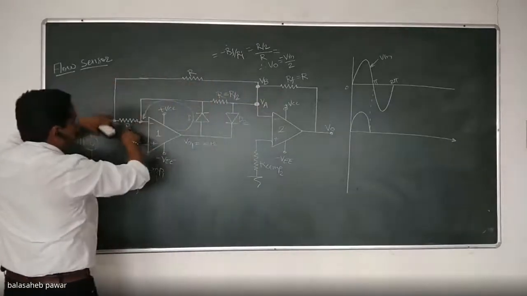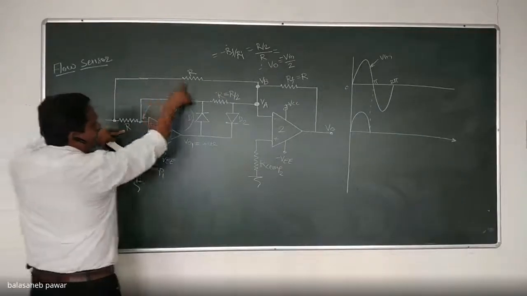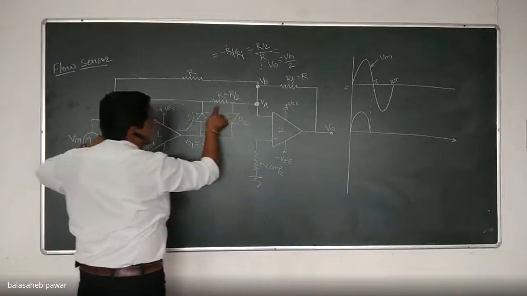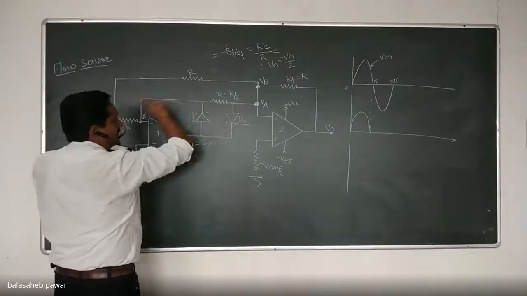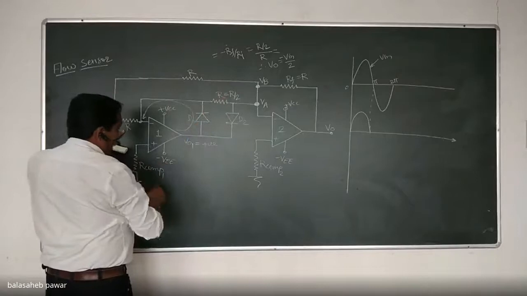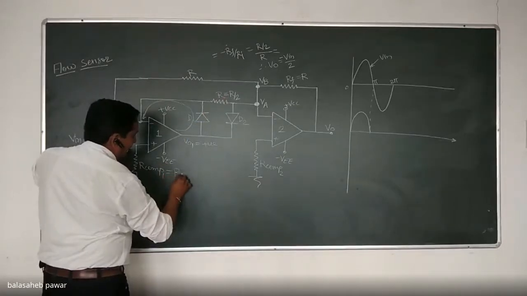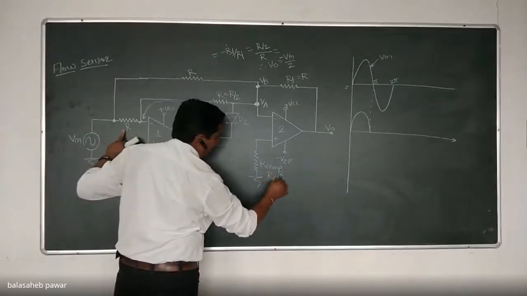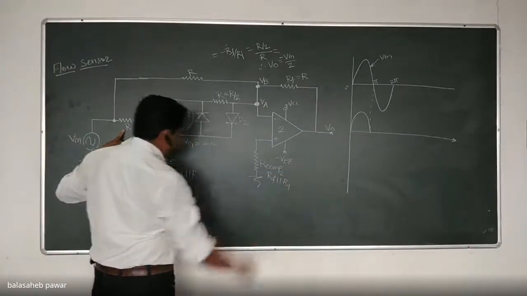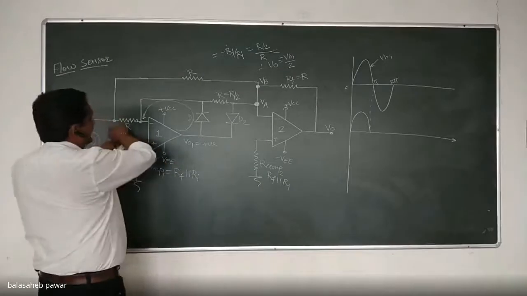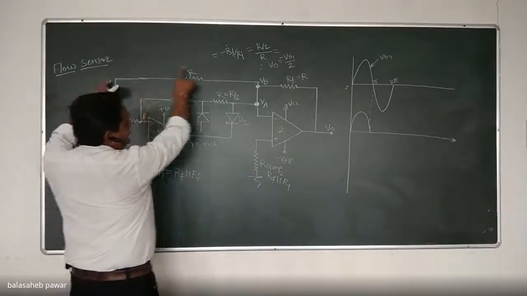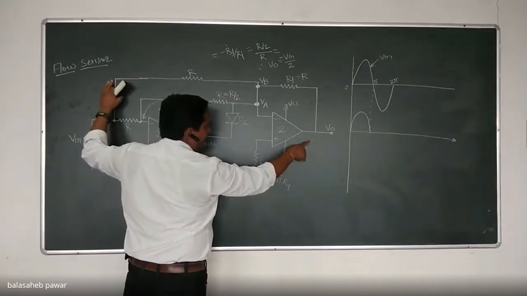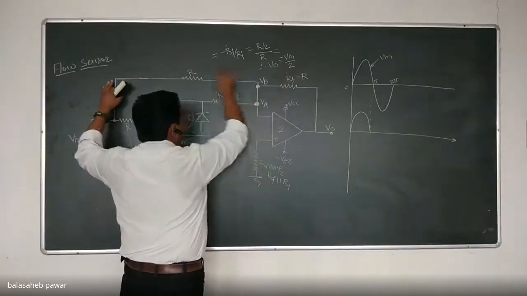Remember, all the resistors, that's why I purposely wrote it as R. This one is RF, which should be equal to R. This resistor should be half of that remaining resistor, and the compensating resistor is RF parallel with RI or R1. Same over here, RF parallel with RI or R1. So during the negative half of input, the output of the second op amp will be inverted, that is minus RF by R1 times.